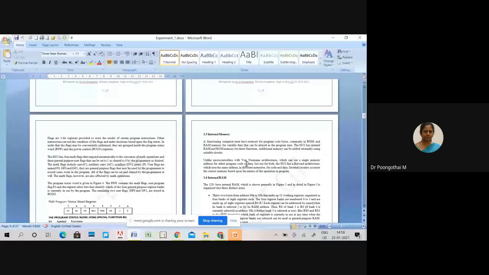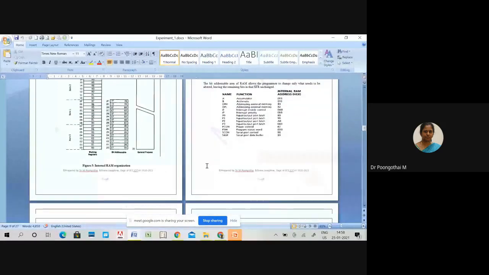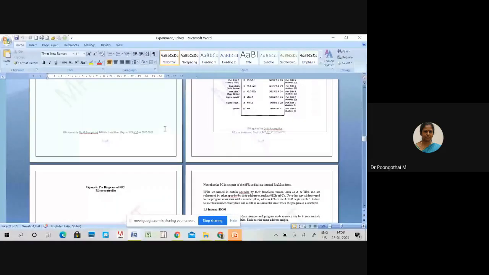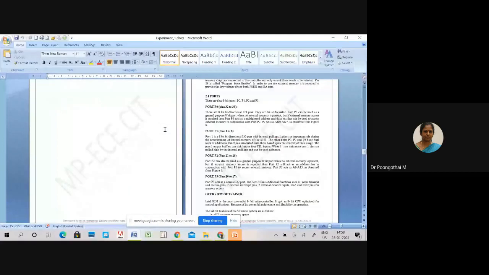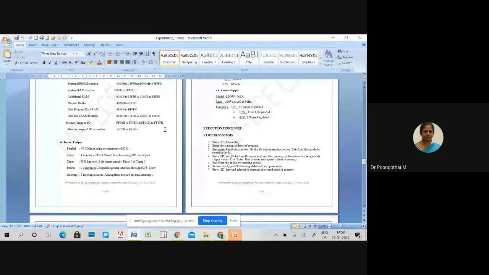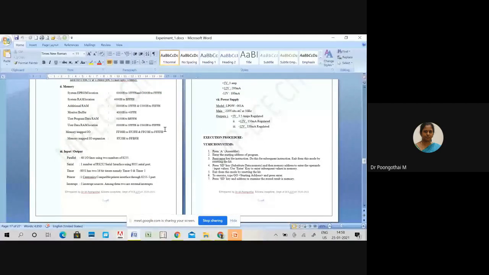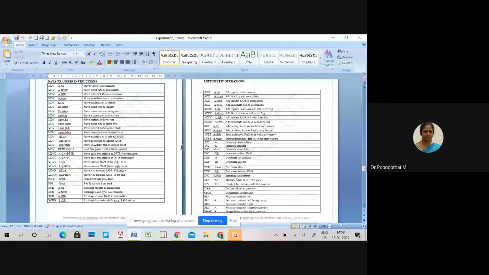Please go through this document before you start your experiment, including the pin diagram details. You can ignore page numbers 16 and 17, because of the trainer. Also see the 8051 instruction summary along with the programs.